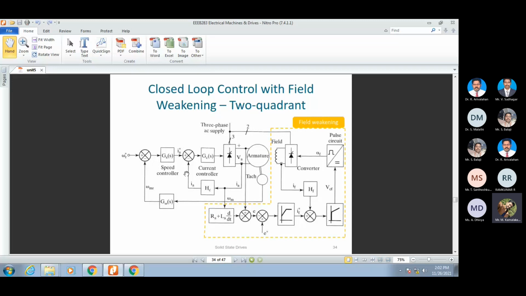So this we have known, and we have designed everything. We have seen the speed controller transfer function, we have seen the current controller transfer function, and the motor consists of the inner part of everything. This we have seen earlier. Now we are concentrating on the stator part, which is nothing but the field part. Here the field is also fed with a converter, as we have seen, either with the help of a single-phase converter or with a three-phase controlled converter.